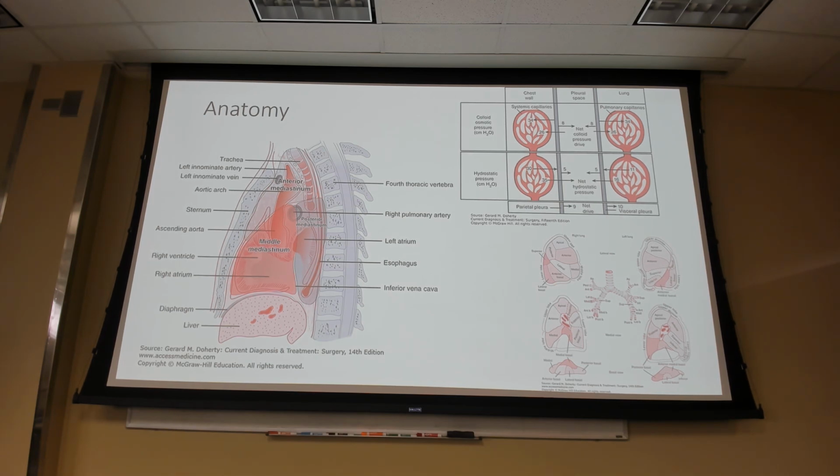So the mediastinum, we separate into the anterior, posterior, and the middle mediastinum. And then we have quite a few different structures located in there. In the anterior, we've got our thymus gland, lymph nodes, the ascending aorta, and the transverse arch. And then the middle, which has the heart, the pericardium, the trachea, the hila, the lungs, and some nerves and lymph nodes in there as well. And then we have the posterior mediastinum, which contains our sympathetic chains, vagus nerve, esophagus, thoracic duct,